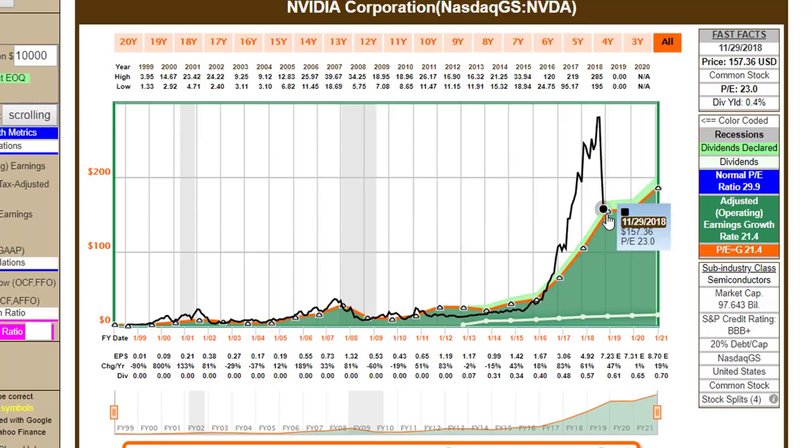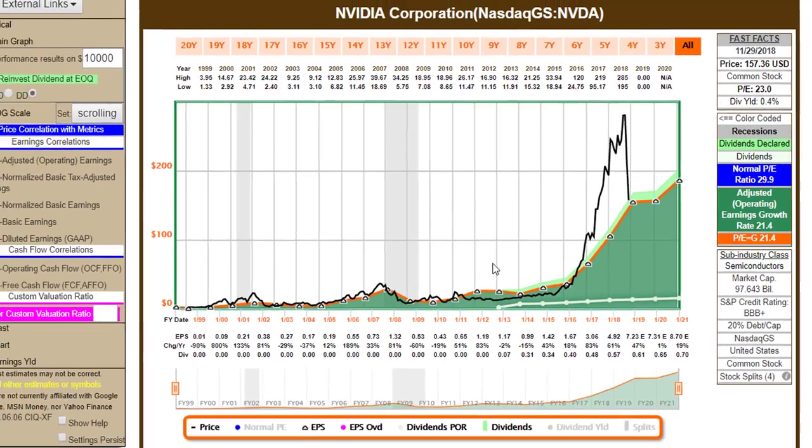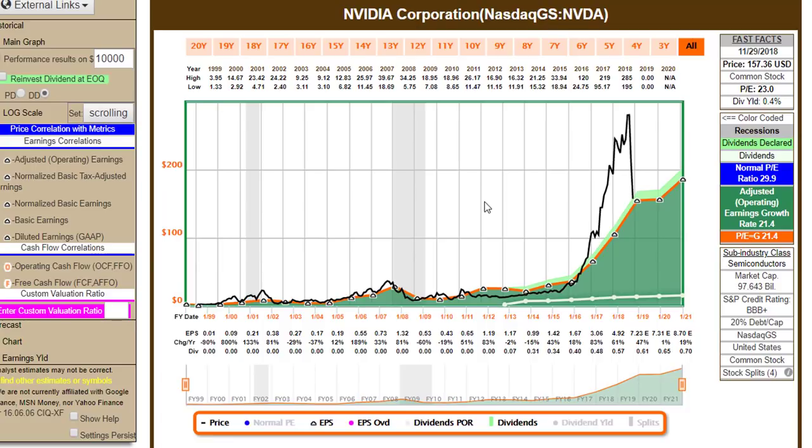Now, looking at this graph at first glance, it would appear that Nvidia was also significantly overvalued during the period 2016 through 2018. However, as I pointed out in the written portion of this article, which includes this video, there are many faces to valuation, and valuation is not only a very dynamic concept, it is also an evolving concept and relative to what is going on in the company, past, present, and future. So let's take a look at Nvidia from a standpoint of valuation over its history.